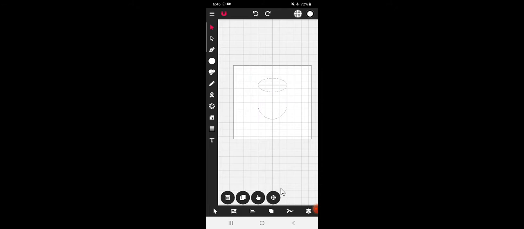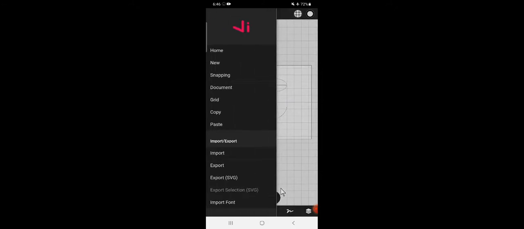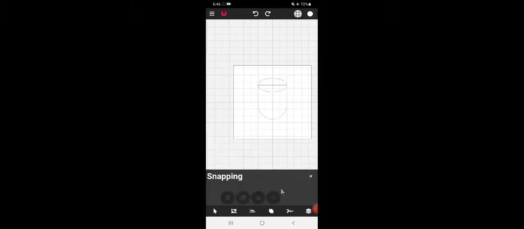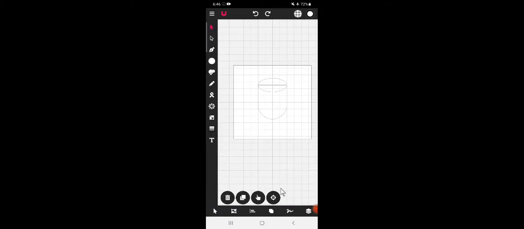Okay. Now let us see the snapping feature, snap to grid. It is very important to activate this snap to grid option. Now we are going to crop this particular line. So let us make one more copy of this shape so that we maintain that copy.